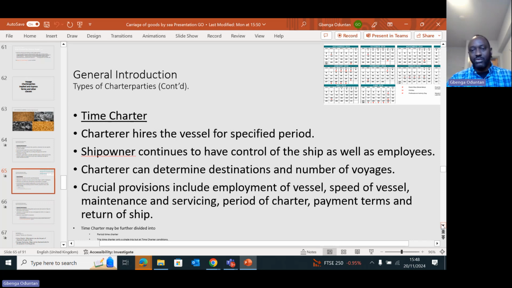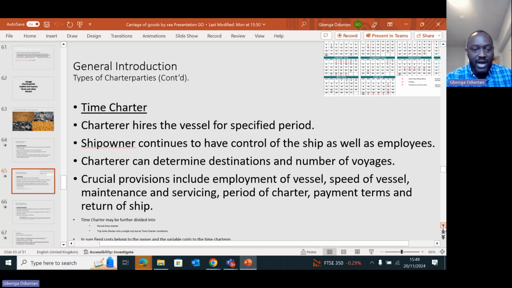The ownership remains with the owner all the time, but the ship will be returned to the possession of the owner of the ship after the specific time. The crucial provisions that the time charter will probably turn on, where they will have to agree, will include the speed at which the vessel will be flogged around, who is maintaining, how much are we paying, when exactly is the ship coming back. These are things that need to be agreed upon